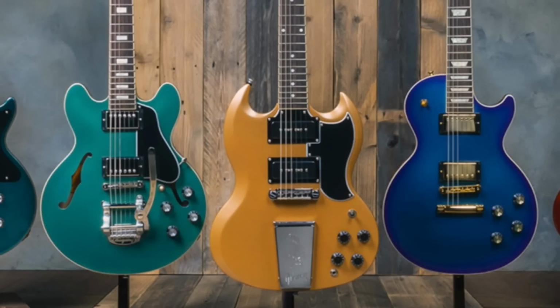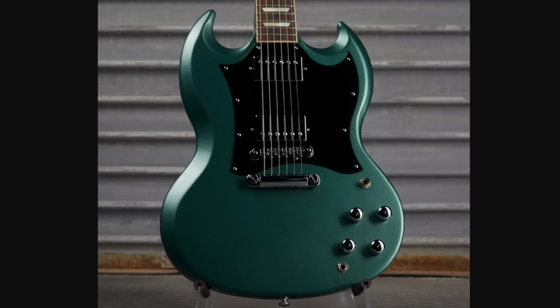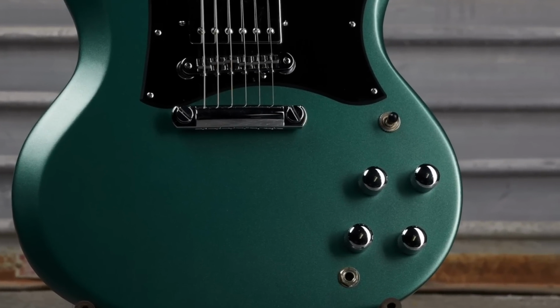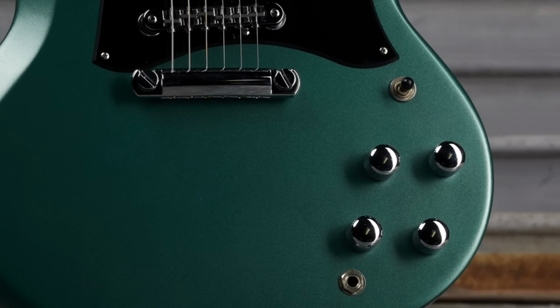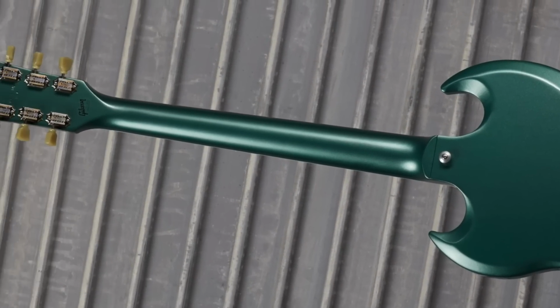But the UK mod collection had a few things, starting with Satin Foliage. This is another SG Standard, but instead of playing around with the pickups, they just let them be. Gave you the metal knurled knob and a nice dark sage green hue to complement everything. But if you're thinking that they just did the back and the neck and there's nothing else special, nope, we've